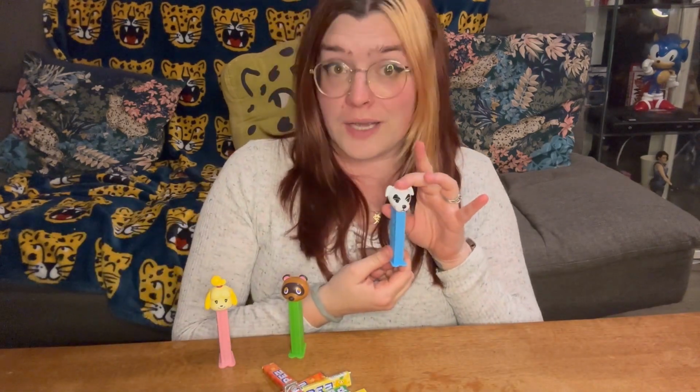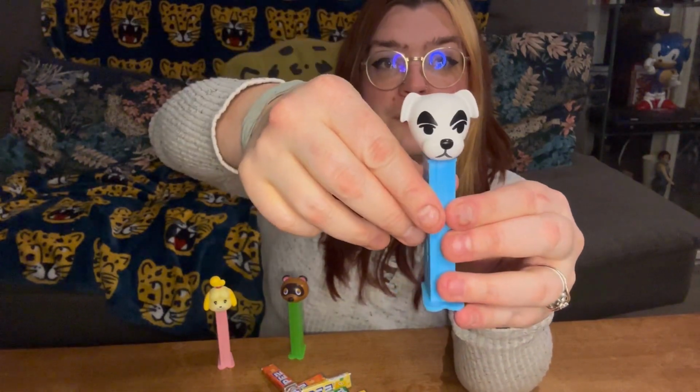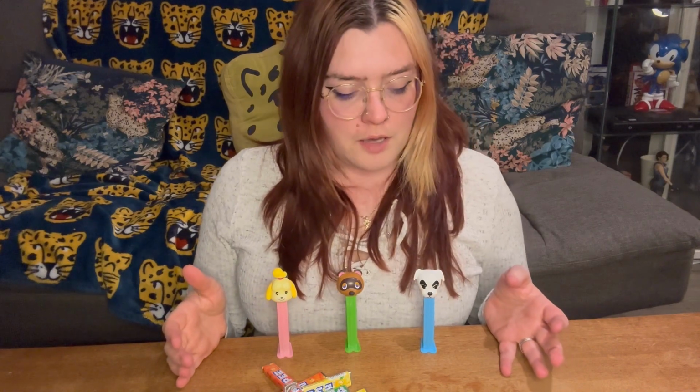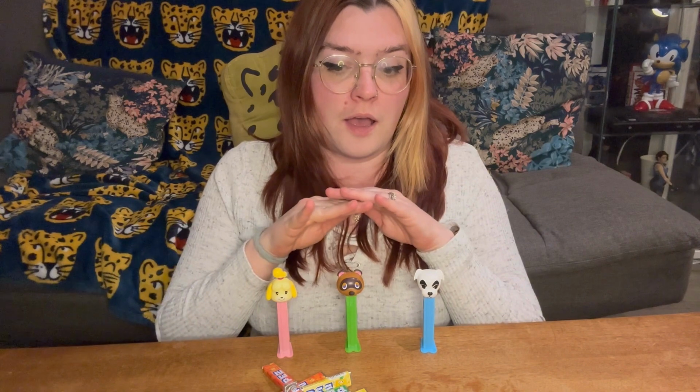And then you got KK Slider. So again, he's just a standard, but he is very, very well painted, well made, which is nice. All in all, I think they're really good. Like, if you're an Animal Crossing fan, I will say personally, I've seen the range and the factory shop in